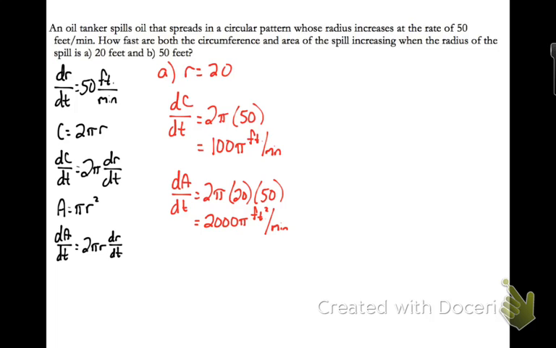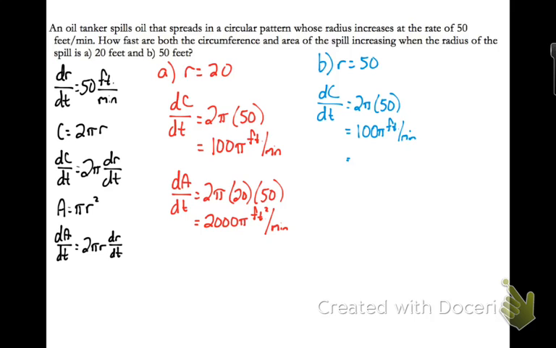In part B, which we'll do in blue, the change is that the radius begins at 50 feet. Well, this means that dC/dt, the change of the circumference, must be 2 pi times dr/dt, which in this case is still 50. So the circumference is still changing at the same rate, 100 pi feet per minute, because the size of the circle has no impact on how fast